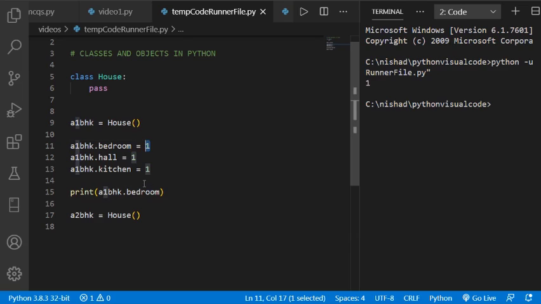of house, has. Okay, so I can do this: a1BHK.bedroom. Okay, and you can see that the output of this program is 1. So a 1 BHK house will have 1 bedroom, and you can do a similar thing for hall and kitchen. Okay, so